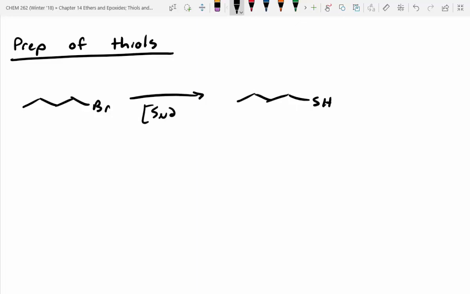Do we need a strong nucleophile or a weak nucleophile? Strong. So it should have a negative charge, ideally. That means this SH should be negative. And oftentimes, you show the countercation, so this would be NaSH. Oftentimes, people just call this NaSH. So you can actually add this in as a salt. It'll do SN2 chemistry. We're familiar with that. Backside attack, kick off our bromine, and we end up with our thiol. This also works pretty well